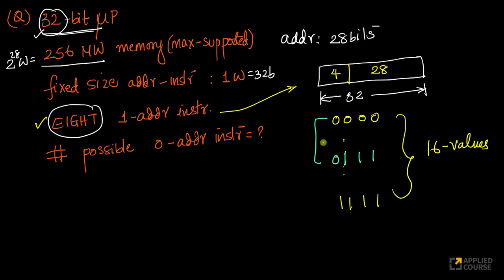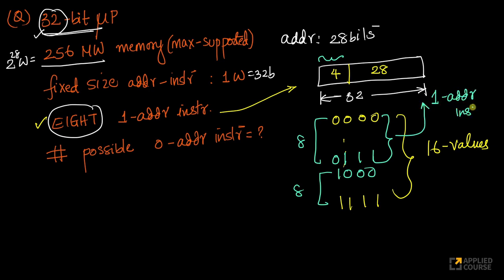So from 0 to 7, these are 8 values. Then from 8 to 15, these are 8 distinct values. So the way we'll use it is if the first 4 bits are between 0 to 7, then it is a one address instruction. So we can make our control unit interpret this such that first it will read the first 4 bits. If the first 4 bits are between 0000 to 0111, all the values in between,